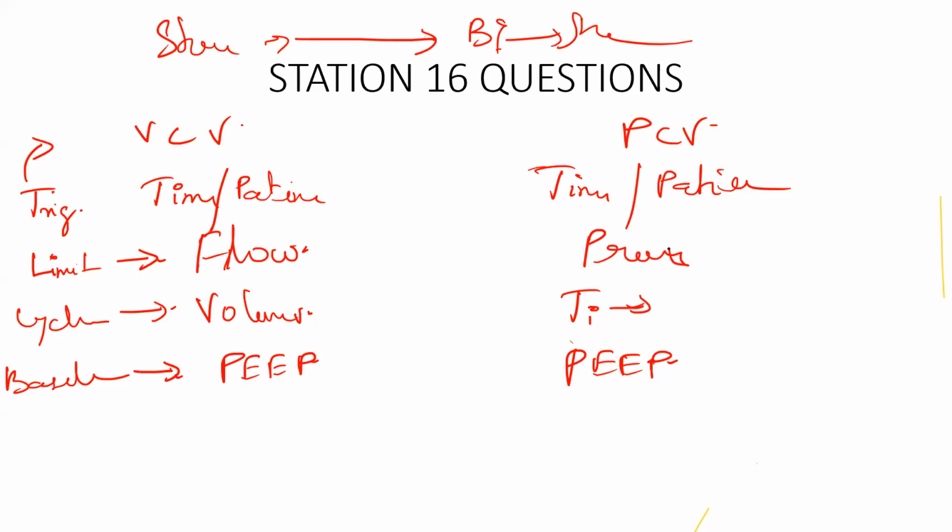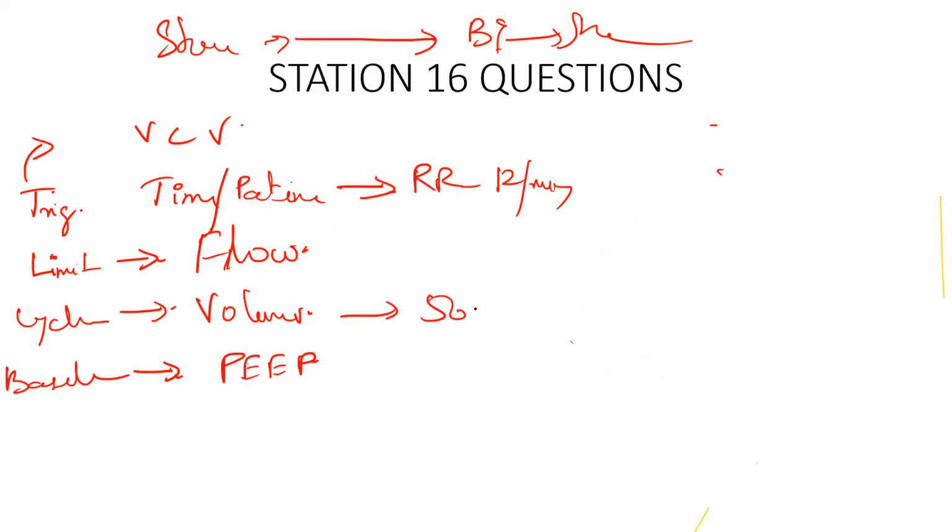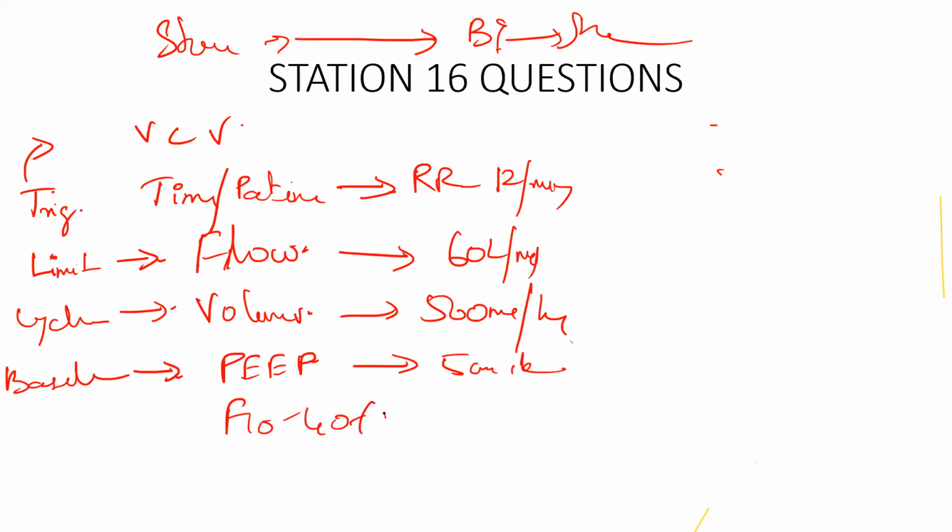Okay. Now let's keep this aside. We'll assess the scalar waveforms of different variables with time in volume control ventilation. What are the things you set in volume control ventilation? Respiratory rate, right? Then you set tidal volume, 500 ml. Then you set a flow of 60 liters per minute. You're going to set PEEP around 5 centimeters of water, then FiO2 40%. Okay, this is a standard setting you keep, right? Yes or no? Yes, sir.